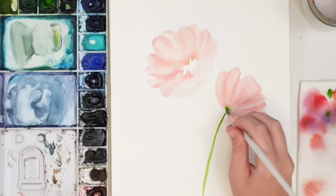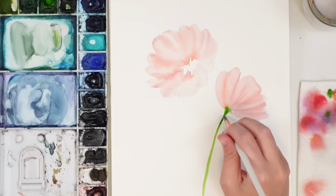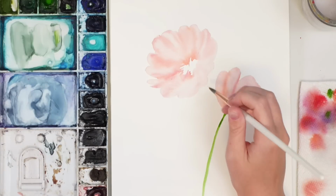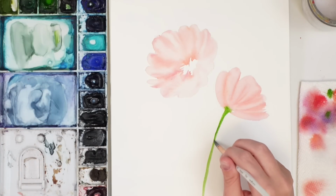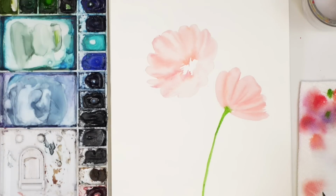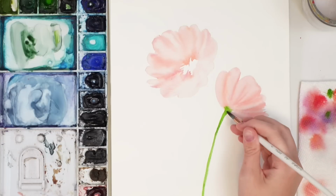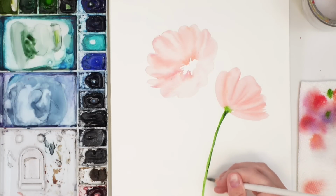Okay, I want a little bit of a color bleed there. And then I'm dragging away. If we drag towards, when we lift up our brush, more color will explode right there and it might overpower it. So just keep that in mind. Okay, there's that. I'm gonna grab a bit of darker green just to add a little bit of shadow or something, just going down one side of the stem